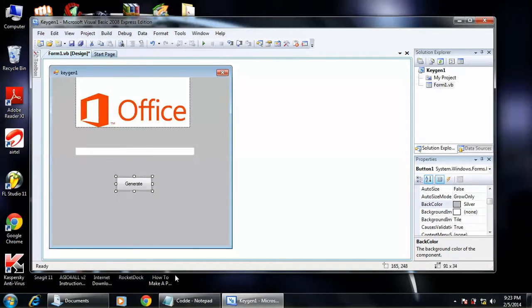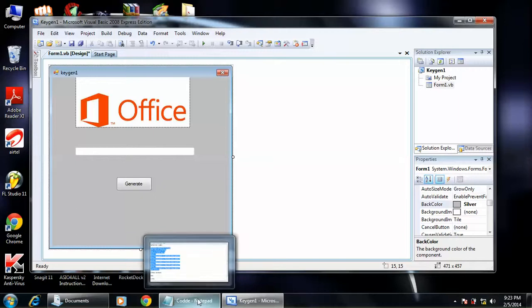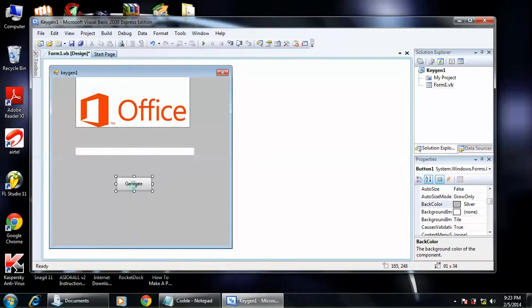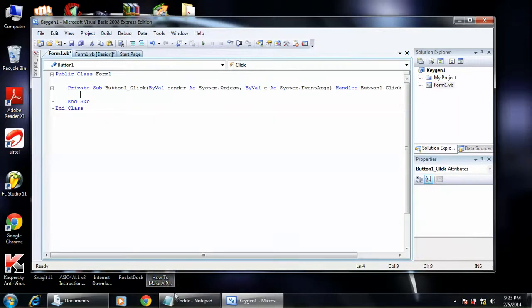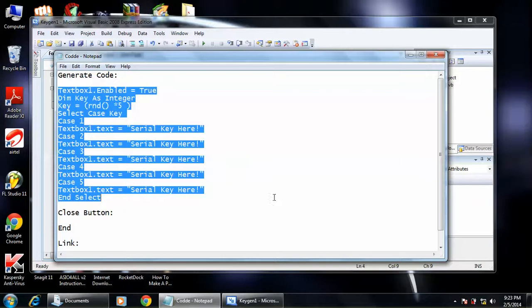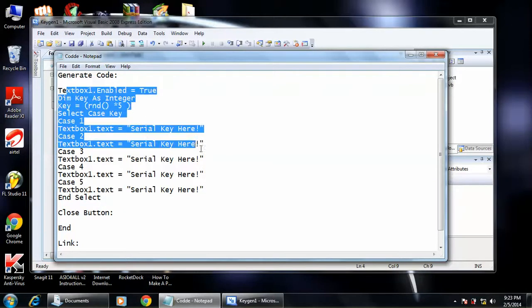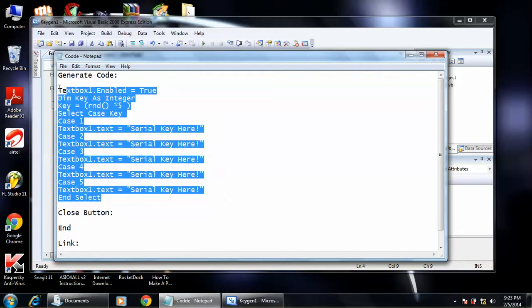So now, bright white and red color with the Office trademark. There's the generate key, so double click Generate. As a YouTube user, just copy this code from the description.